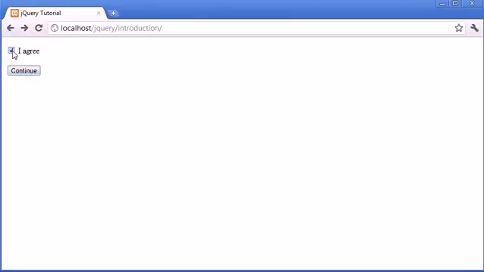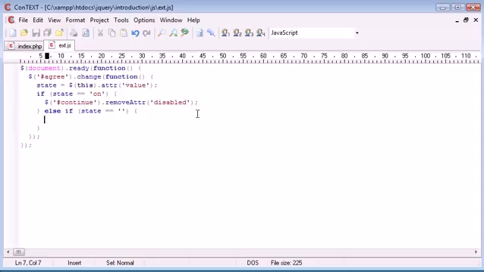Now obviously when we uncheck it, we still have a state change, but now we're stuck with the enabled button. If, for example, I click on agree and then I don't agree, and I uncheck, I won't want to continue, or I won't want my users to continue if I was to have this on my website. So if the state is equal to nothing, we could say null here, which would be better. If the state is equal to null when we have changed the checkbox, i.e. has it been unchecked, we want to go ahead and re-disable the continue